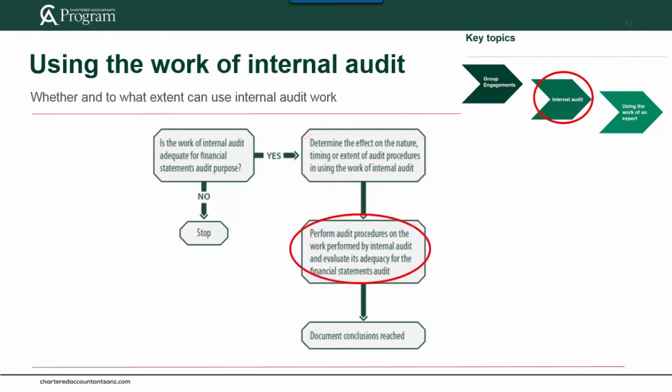Specific procedures will then be required to be undertaken by the external auditor, which include reading the reports prepared by internal audit to confirm the external auditor's understanding of the work performed by internal audit and to review its findings, evaluating whether the work of internal audit was properly planned, performed, supervised, reviewed, and documented, and that sufficient evidence was obtained and the conclusions drawn were appropriate,